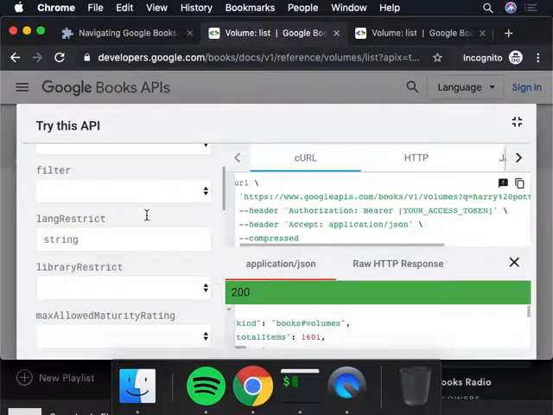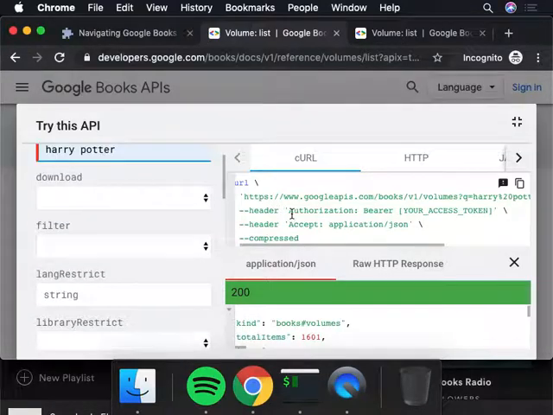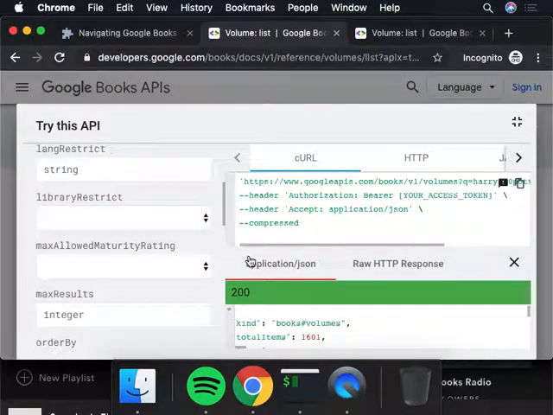So if you click on this execute button at the bottom, you can see what I get back is here it tells me 200, right? It says application JSON, whatever that means. And then the other thing is that I'm actually getting, it's a little hard to see right here. I'll have a better way to show you, but I get back all these items. Let me do it a better way.